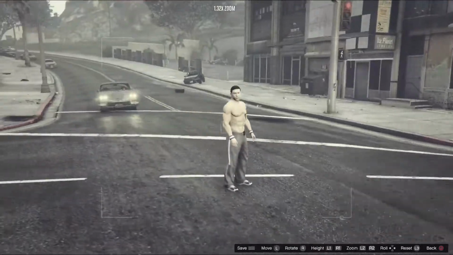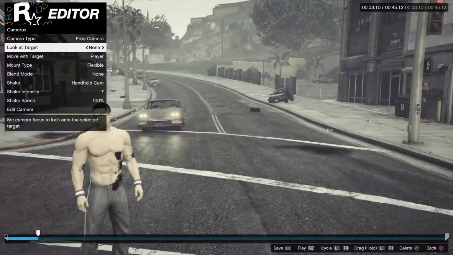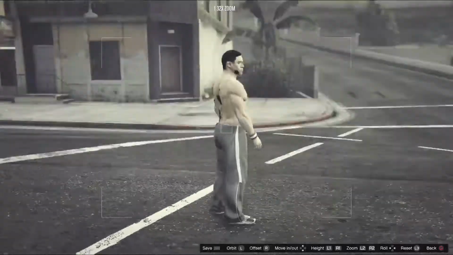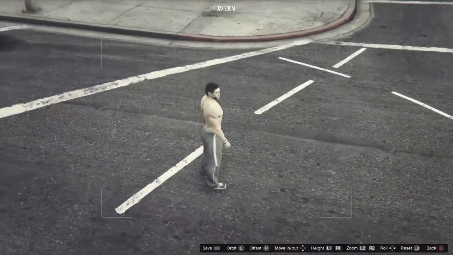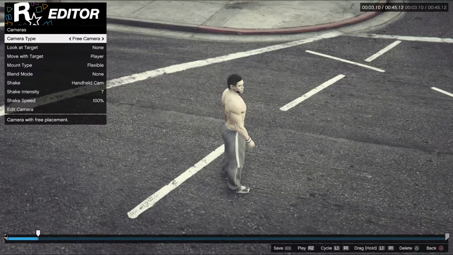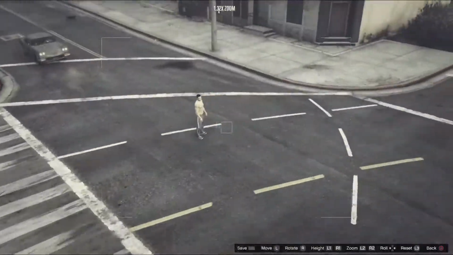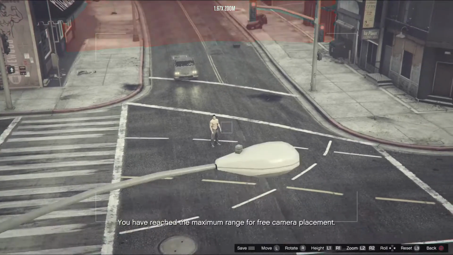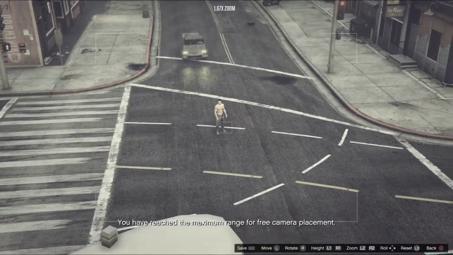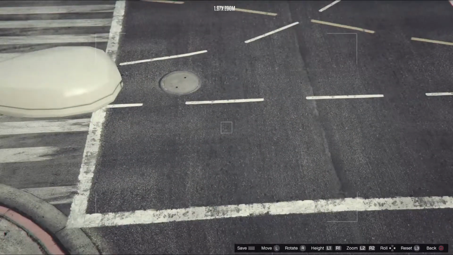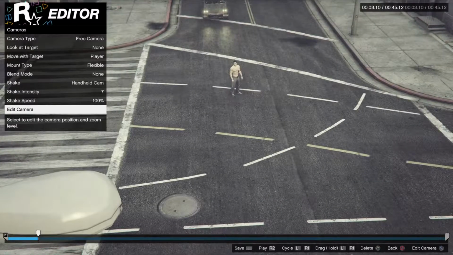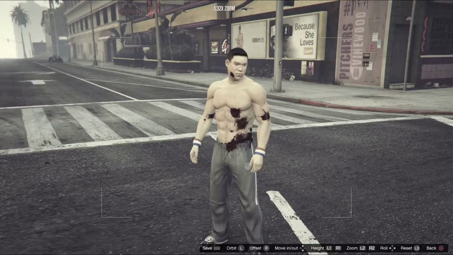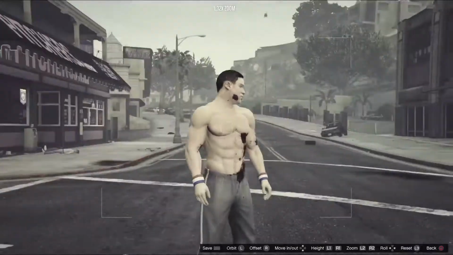And obviously if you have a problem where you can't move the camera, like say here, and I'm trying to move the camera, it won't let you go anywhere much. Just take it off the look at target and put it to none. So what I'm going to do is move it up here. I'd say about here, and then probably have it, yeah, about here. And I'm going to move it slightly more forward. I'm going to go back here, move the camera about here,